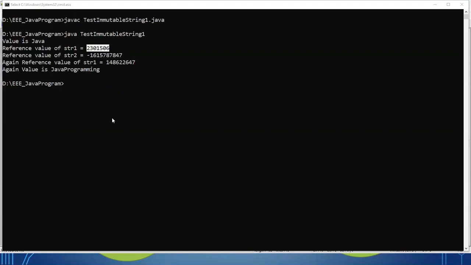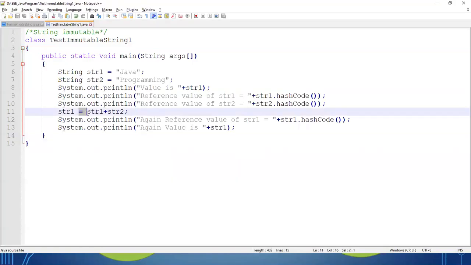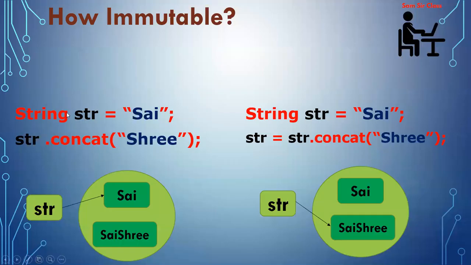So you are not using any operator to create the string, but you are using the assignment operator. Yes or no? You are using the assignment operator to store the value. Clear? So after creating the string object, the JVM uses a separate block of memory which is called the string constant pool. Clear? Okay. So you can understand what the immutability property is all about.